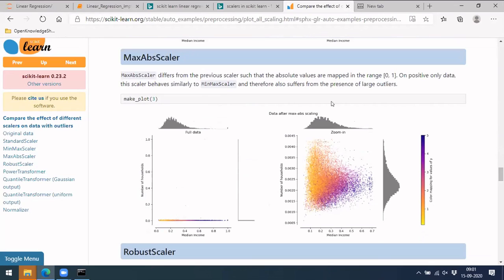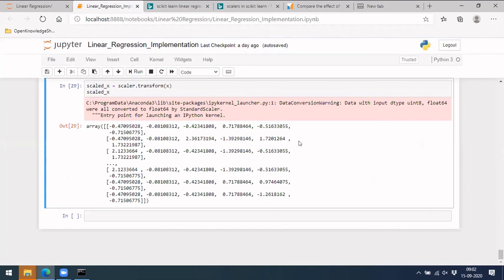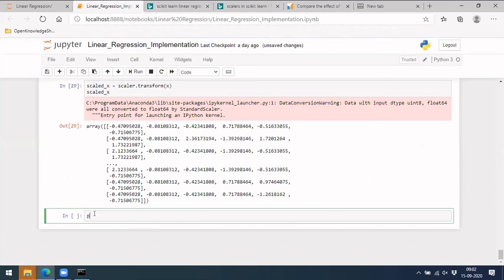Similarly, there is max absolute scaling, where you take the absolute max and divide by it. If you plot your data points finally after doing it, you'll have something like this. Can we plot? This has so many values, right? I'll try to plot, but I'm not sure if I have those packages with me now.